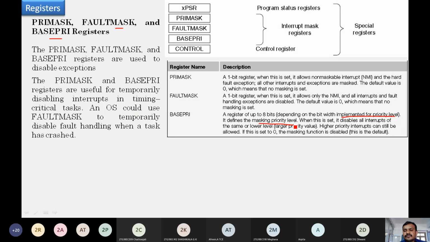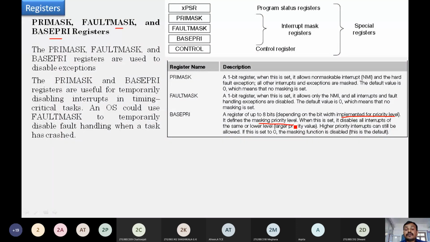When this is set, it disables all interrupts of the same or lower priority. The higher priority interrupts can still be allowed. If this is set to 0, the masking function is disabled. If the values of all these bits, 1 to 8 bits, are 0, there is no masking. If the BASEPRI register value is, let me say, 12, the priority level is 12.